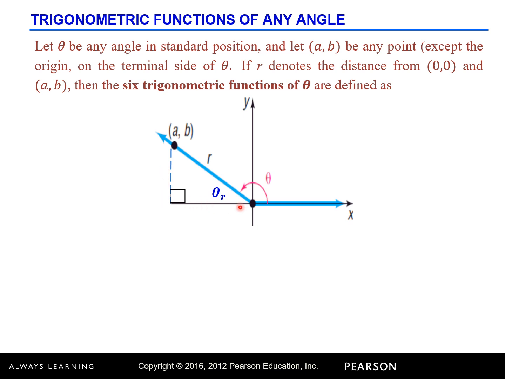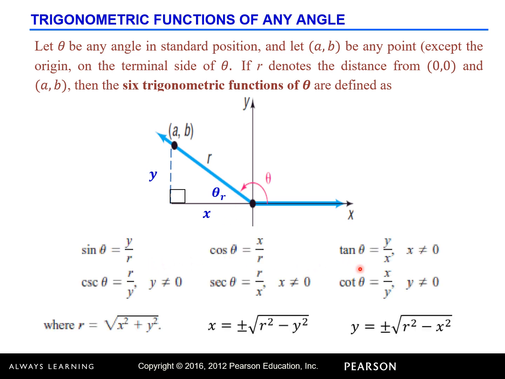From this reference right triangle, we can define the opposite of this reference angle, which is this side. We can denote this as y, since this is a vertical distance. And the adjacent of this reference angle we can represent as x, meaning horizontal distance. And the hypotenuse of this right triangle, we will denote as r. So now we can define the six trigonometric functions because we will use this reference right triangle with this reference angle.